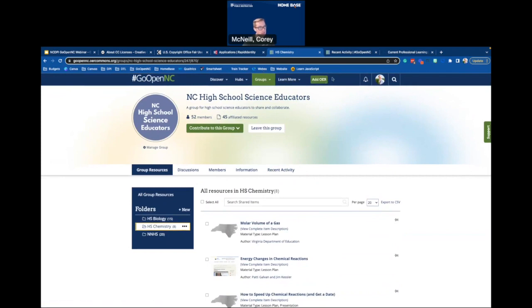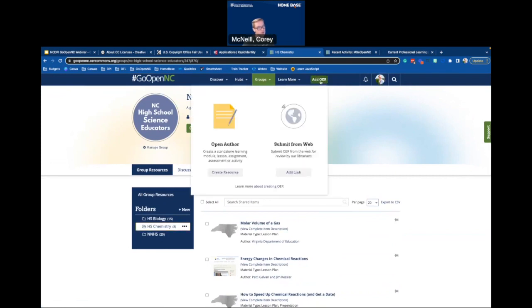If I want to add content, there's always, once I'm signed in, this add OER button here. So that gives me two options. If I'm submitting something from the web, that's more than likely something you don't necessarily have created rights to, but maybe something that is OER that you want to have incorporated. So I think the best example that I can give to that is something like an online simulation. So let's say there's an online simulator talking about those gas laws that we were just talking about with chemistry here. I could put a link to that and share that content, and we could review it to make sure that it is OER